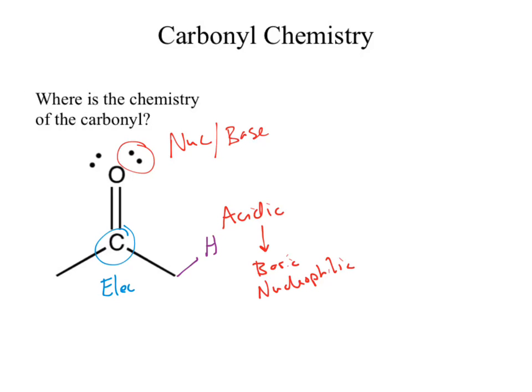Within that discussion, you'll notice that we didn't really talk about the pi bond. Okay. The pi bond, potentially, arguably, is the most reactive nucleophile in this case. It's so polarized that we end up almost ignoring the pi bond and looking at the lone pairs on the oxygen acting as our nucleophile. Okay. So it's a primary characteristic of our carbonyl chemistry and ultimately our polar pi bonds. Okay. So any case where we have a polar pi bond, we end up seeing this same kind of similar chemistry. So for instance,